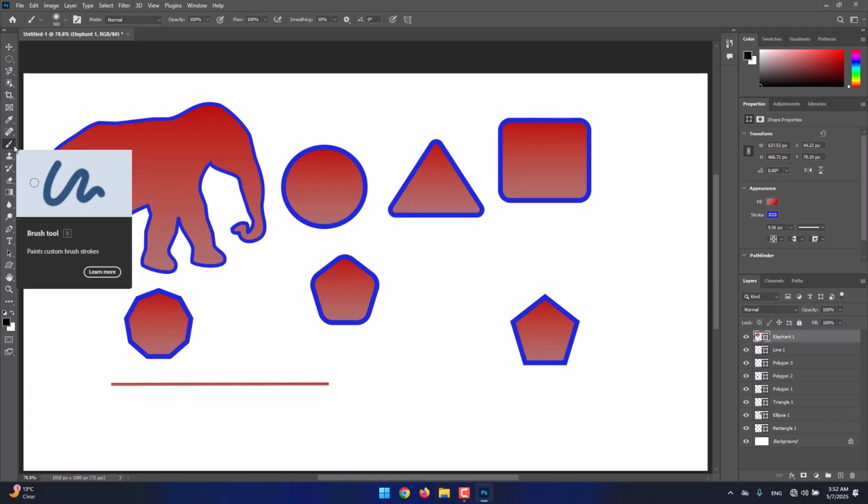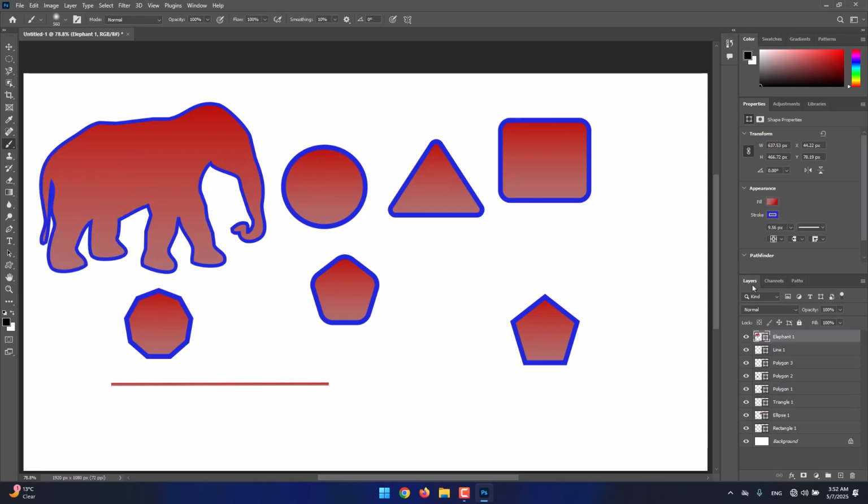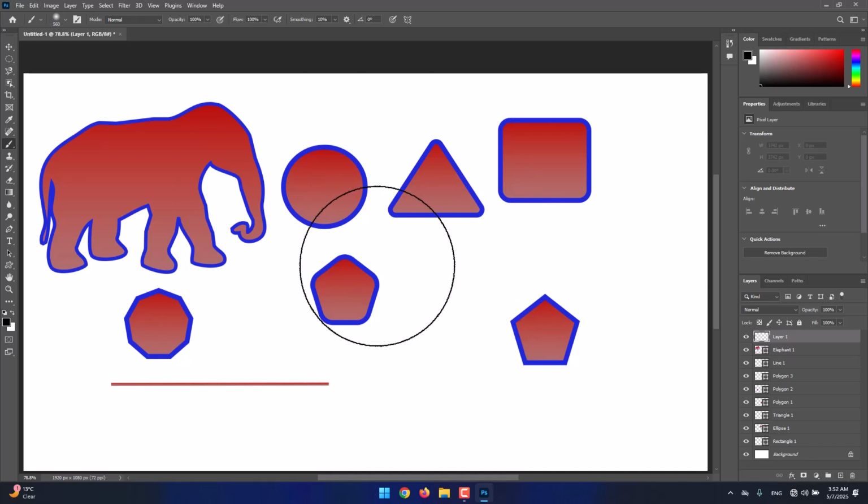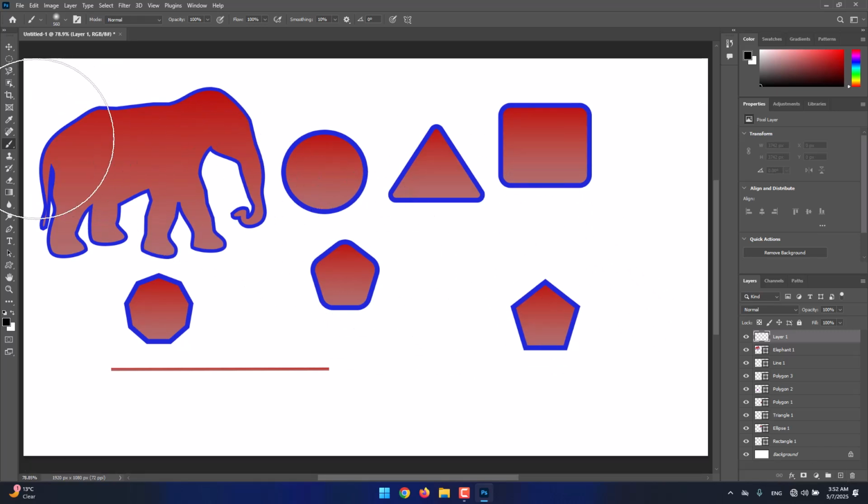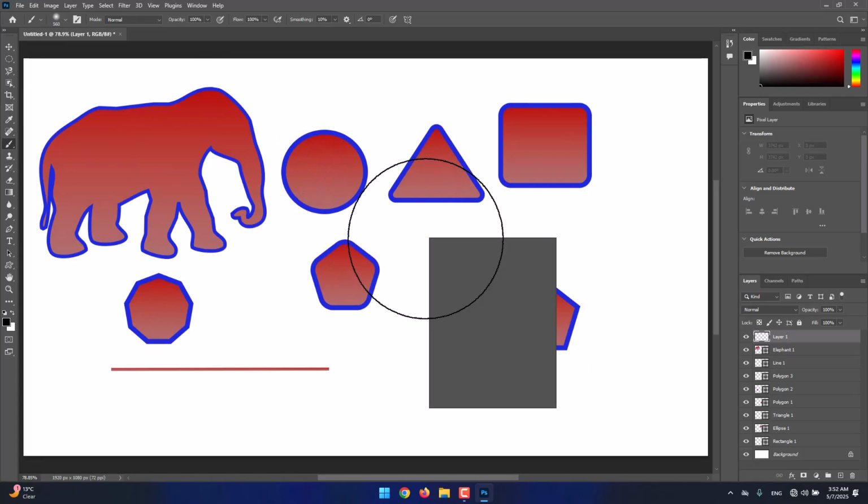So how we do that is by coming to our layers panel, clicking on this little button over here. And now, as you see, I am free to draw. So the brush has two things inside it. If I choose brush and right click anywhere on the page, I will have access to these two settings. The first one is the size of my brush. And the second one is the hardness of my brush. So hardness 100 is something,